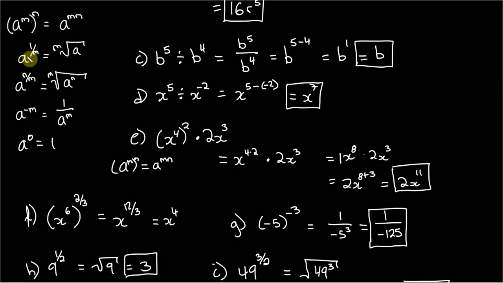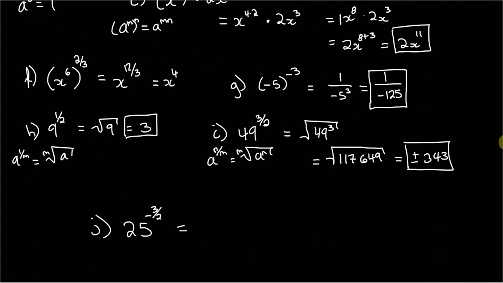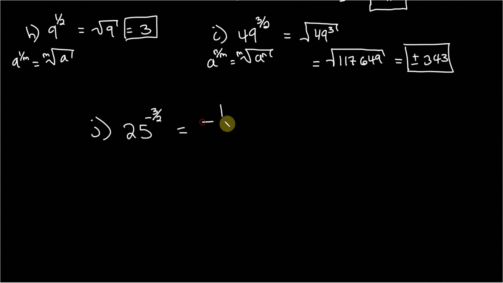If we have a raised to the negative m power, that's going to be the same as 1 over a raised to m. It's the reciprocal. The negative exponent is the reciprocal of the positive. So in this case, it's going to be 1 over 25 raised to the power of 3 halves. Okay, and now we can use the exact same property that we used in our last problem, in that this will be the same as a to the n over m. So this will be 1 over the square root of 25